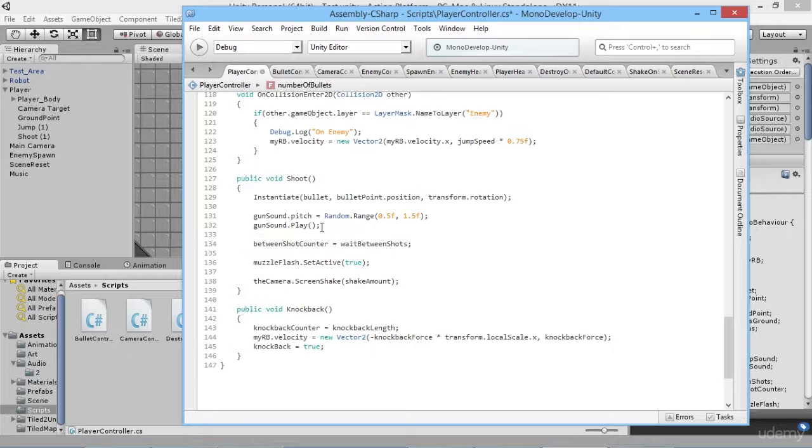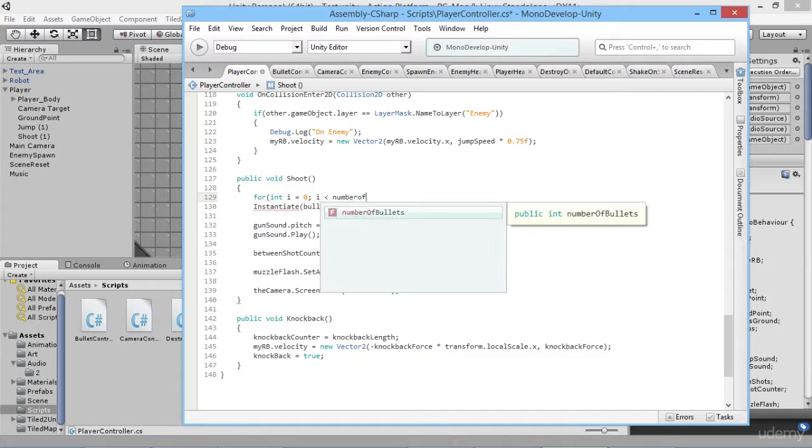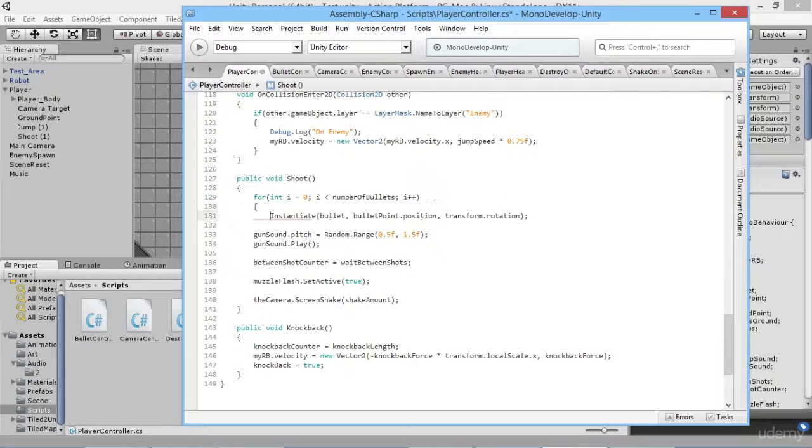We don't want a bunch of different sound effects happening, but what we can do is wrap this in a for loop. So we're going to go for int i equals 0 to start off with, then as long as i is less than our number of bullets, we will increment i. So what we're basically saying here is,